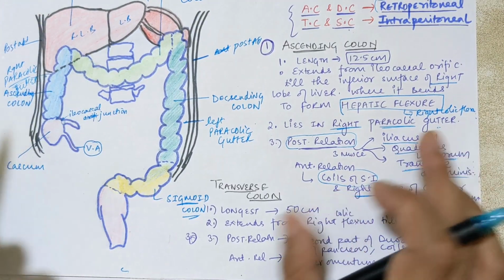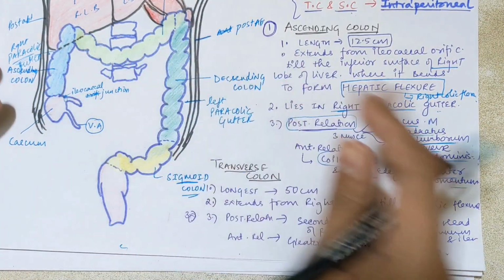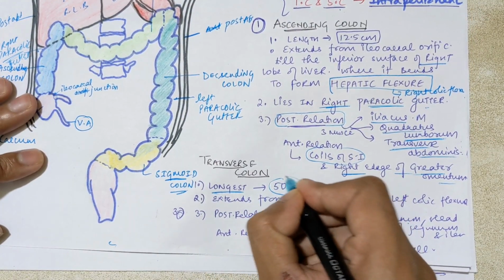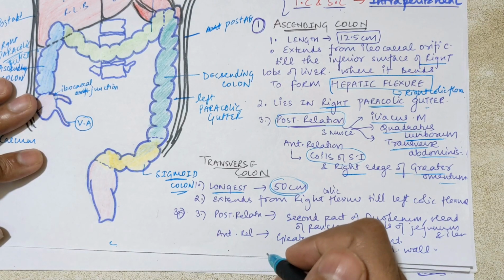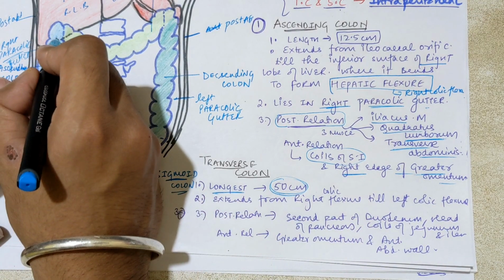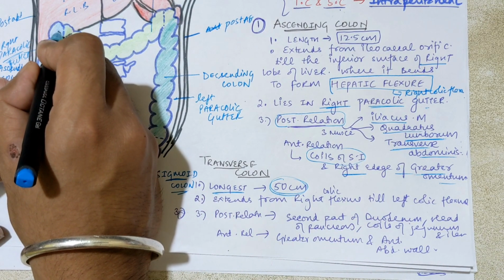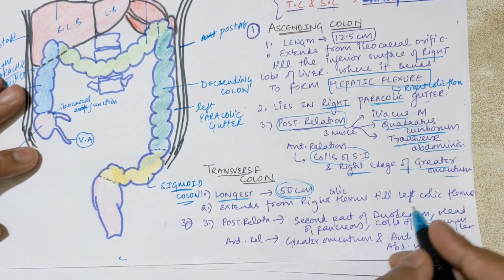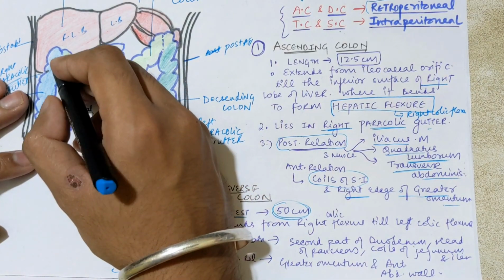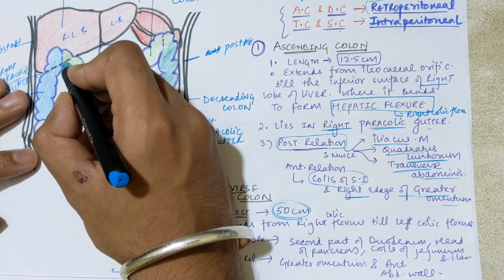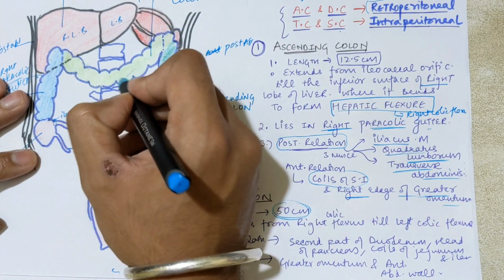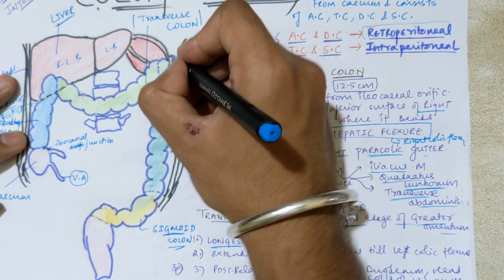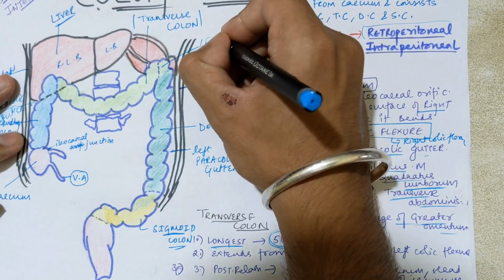So this was actually your ascending colon, and one flexure here we have discussed, the right colic flexure or hepatic flexure. Now move on to the transverse colon. Clear? The transverse colon is actually the longest. Its length is around 50 centimeters. Clear? Extends from where? We have ended at the right colic flexure, so it will begin from this area, and till where will it extend? Till the left colic flexure. Now this wide angle it is taking, now it is bending downward, and again taking an acute angle here, and this bend is actually called the left colic flexure.